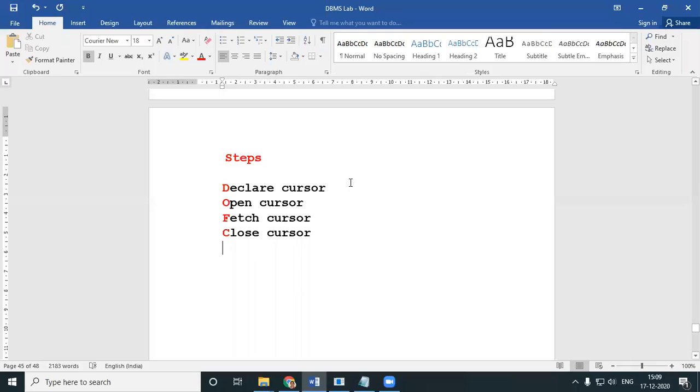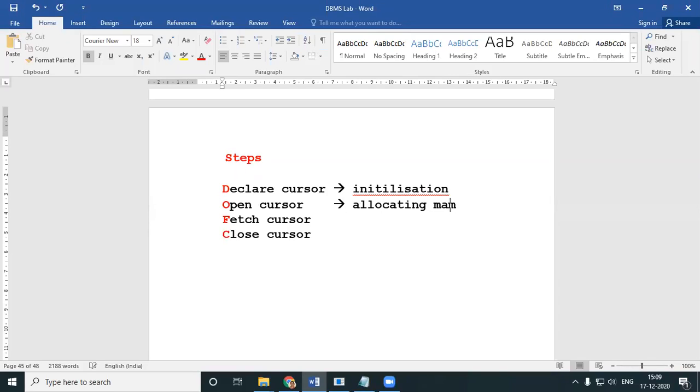Why do you actually declare it? Declaring is for initialization. You initialize the cursor. Why do you have opening? You are allocating memory. Once you allocate the memory, you fetch.